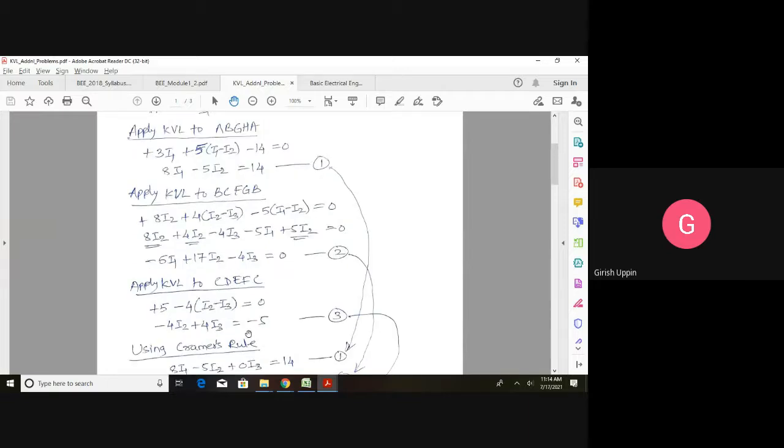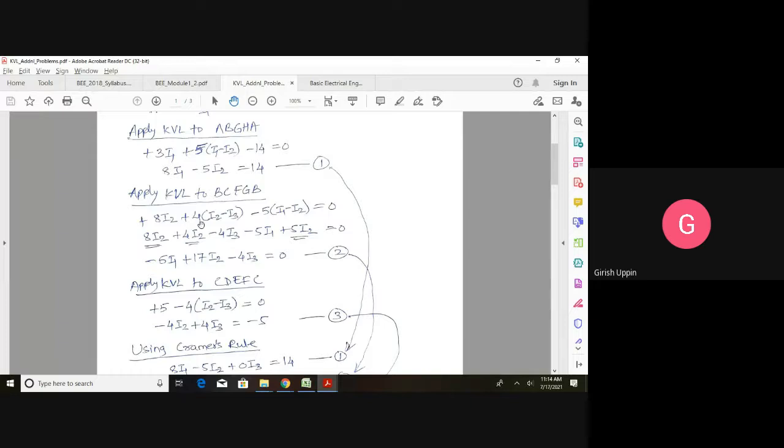1, 2, and 3. If you make any kind of mistake in getting the equations, your end result will be incorrect. Make sure that you pay all the attention to get these equations correctly. And once you get these equations, you can use any substitution method or Cramer's method to solve them, or you can directly put them in the calculator. In your calculator, you can directly solve these three equations for three unknowns.